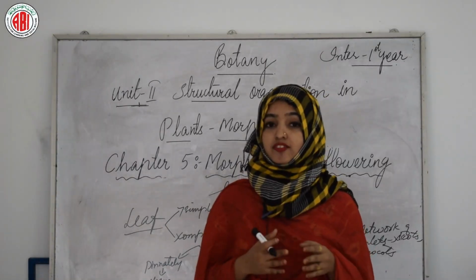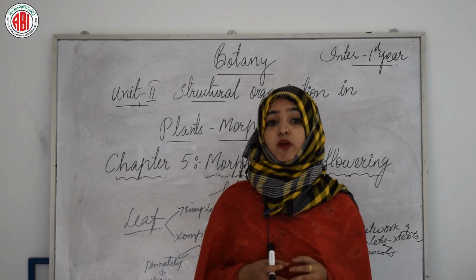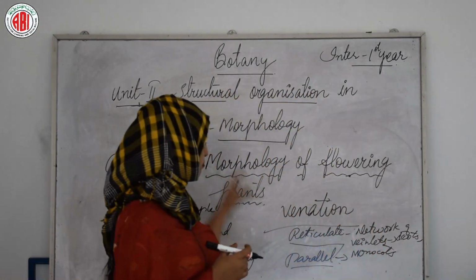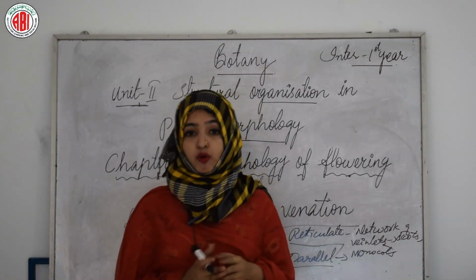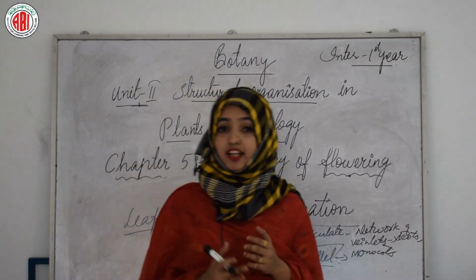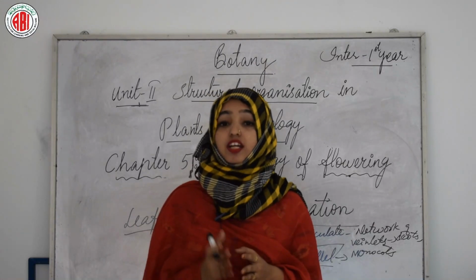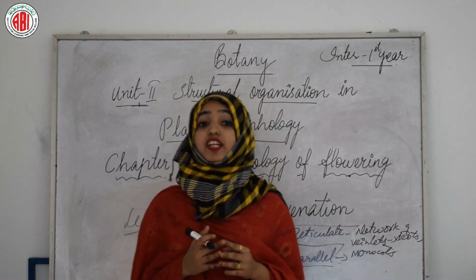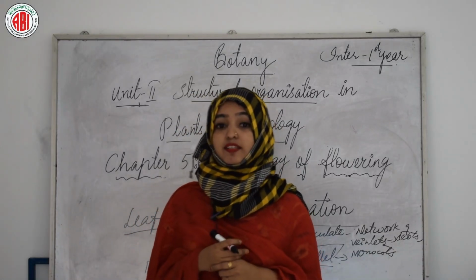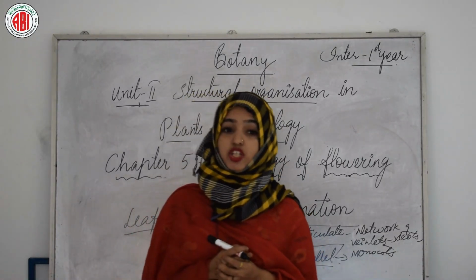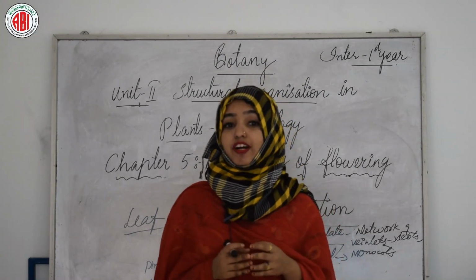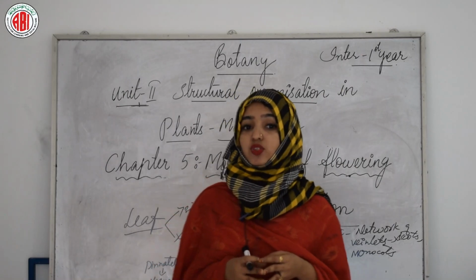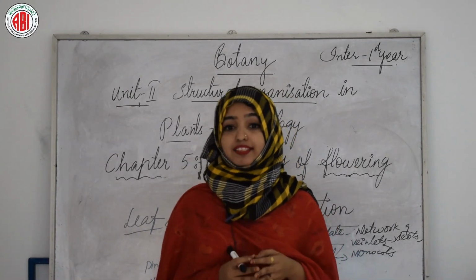On what basis are the leaves modified? Let us see that. Leaves are often modified to perform functions other than photosynthesis, because we all know that the main function of the leaf is to perform photosynthesis, and on the basis of the functions that are there other than this main function, the leaves are modified into various structures. They are converted into tendrils for climbing as in peas, or into spines for reduction in transpiration, and for defense as in cacti.